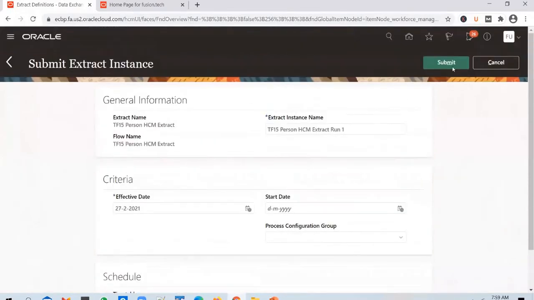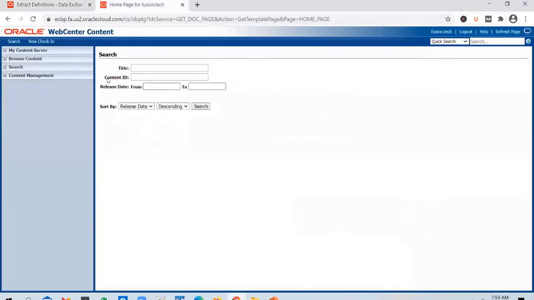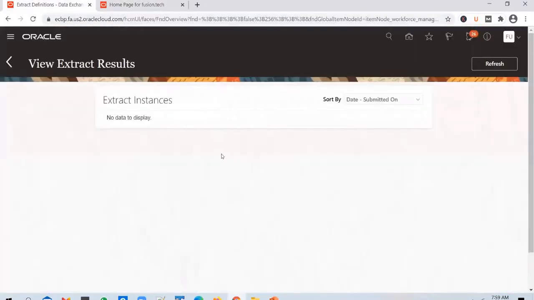Select as soon as possible and click on submit. You will notice that the extract runs now, and it will generate an output, and it will upload that output to the content server. Okay, that will be the end result.